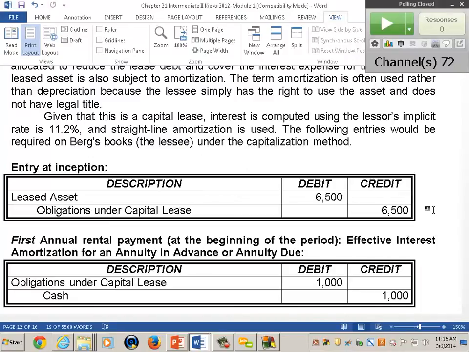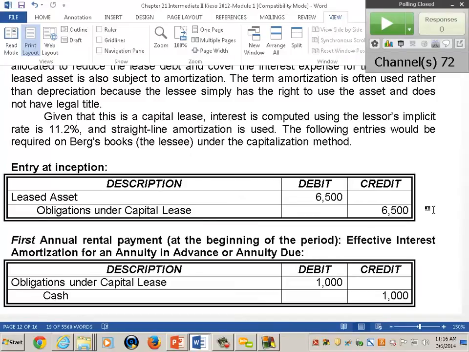And we said that cosmetically, the problems are one of eroded financial ratios and lower net income. I'll show you that in a moment again, but you have the debt equity ratio clearly at a disadvantage if you capitalize. Then, of course, if it's an annuity in advance, the payments are up front.